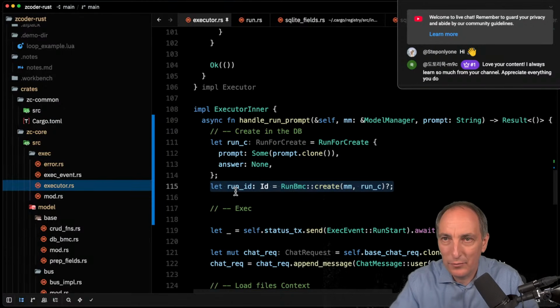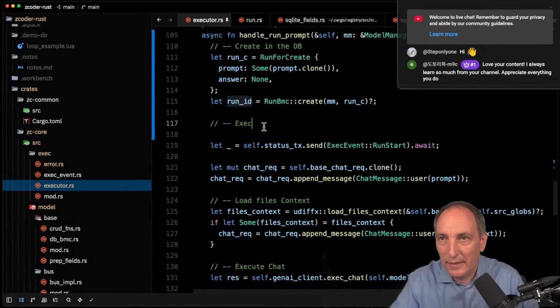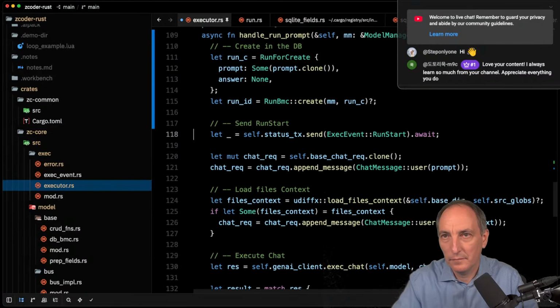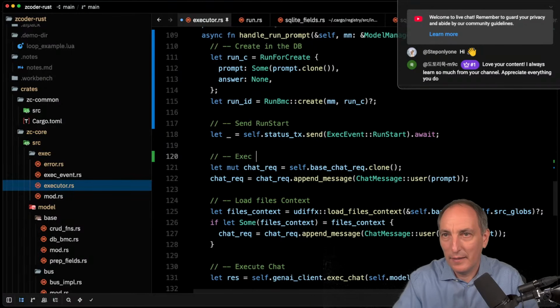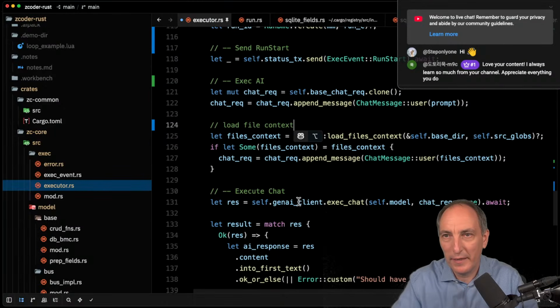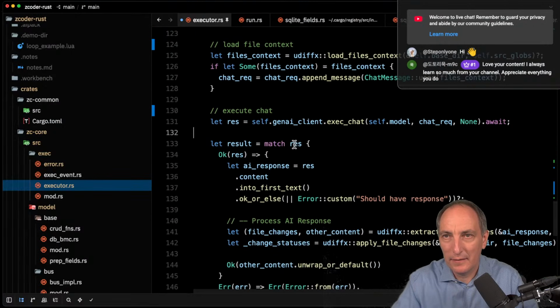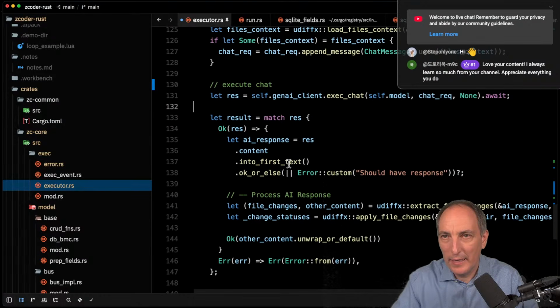Then I take the run ID. I do the exec. This is send event, run start. That is exec AI. Load file context, because that is part of the exec AI. Execute the chat. That is with my GenAI library. Then I get the result from the AI. That's good. And then